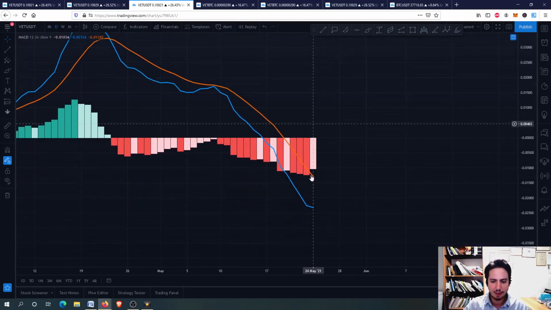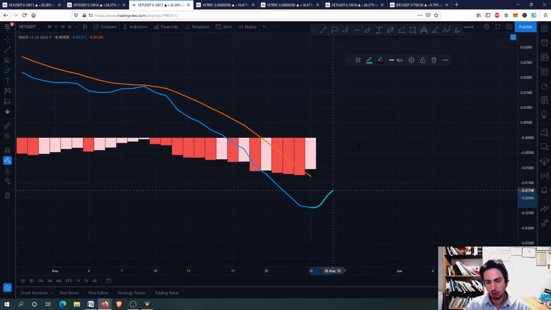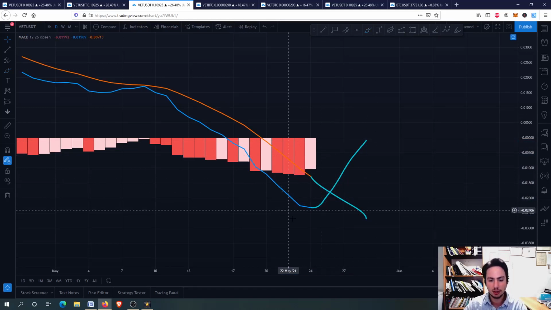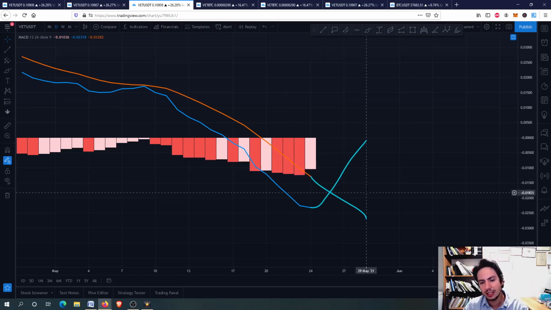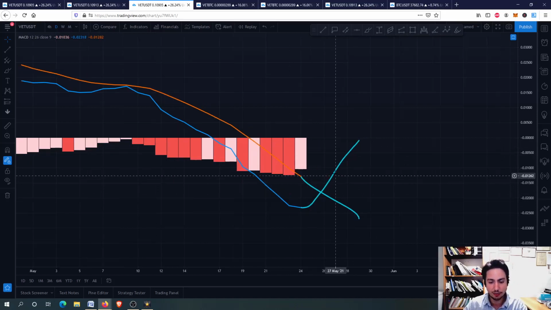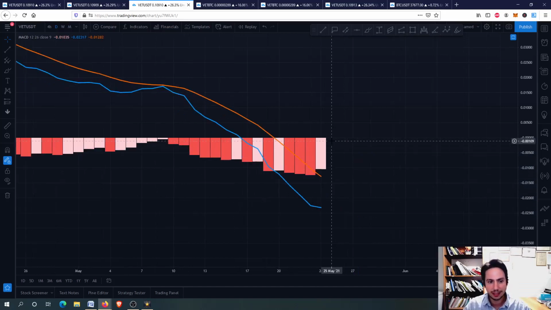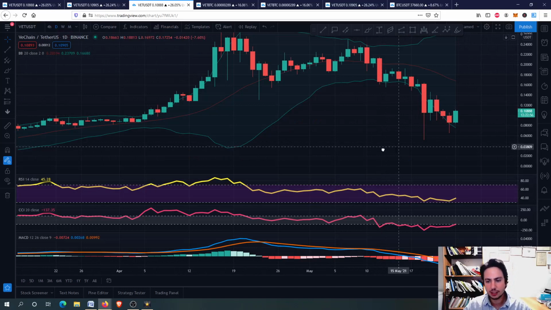Let's go and see the MACD. The MACD here, we haven't seen this bullish cross on the daily frame, but on the daily frame, what we want to see is a bullish cross between the lines. The signal line crossing the blue line, and of course going upwards, going above the orange line. But we also need some further more distance between the blue line and the signal line. It is very important to see a distance, a major distance, not only the bullish cross, but a distance as well, like here guys, like this bullish impulsive wave. We've seen this for VECHAIN.